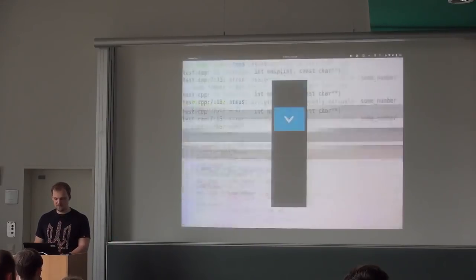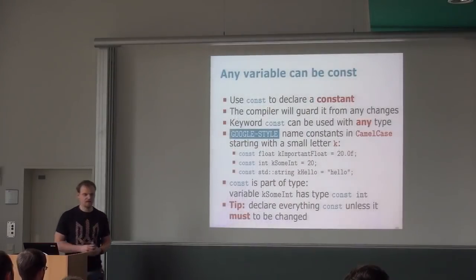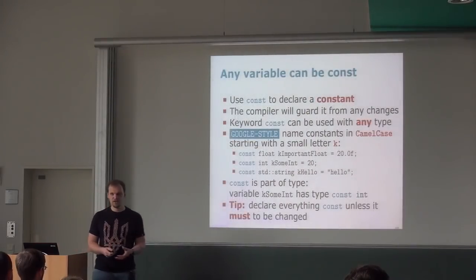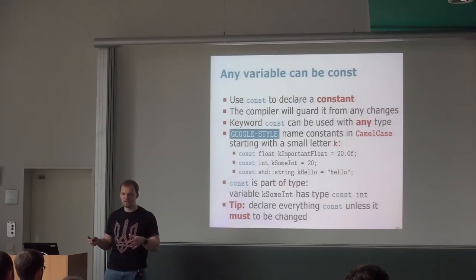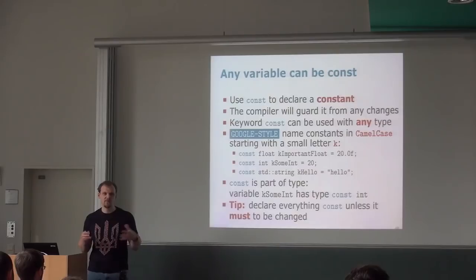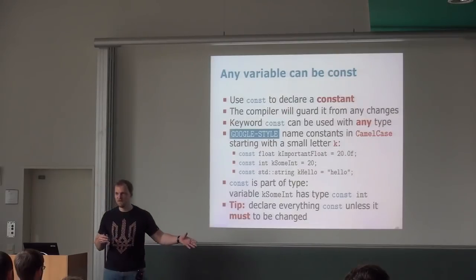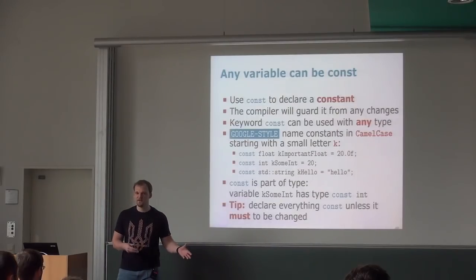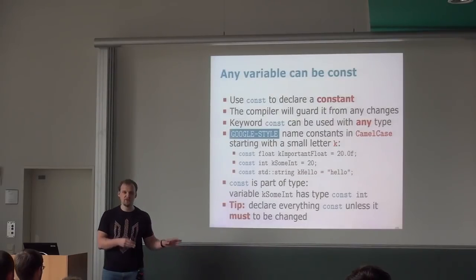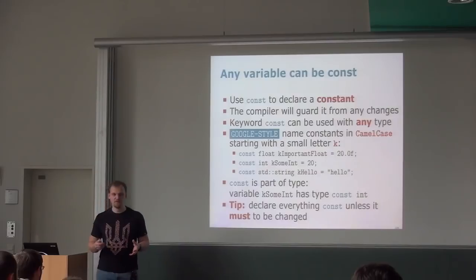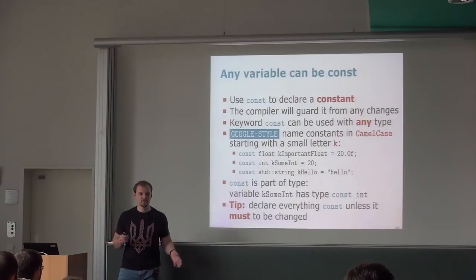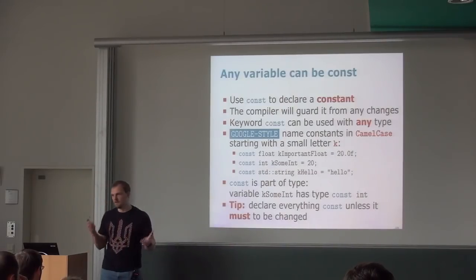what I want, because if I want to set something to not change, I want to make sure that it never actually changes, because if it changes and I'm not expecting it, then it can backfire. I can expect it to have some value in my code and it doesn't have this value anymore, so I want the compiler to protect me from my own mistakes. So if I change it by mistake, I want the compiler to tell me, hey, you shouldn't really do it. So const can be used for any type. So it can be const string, const int, const float, anything.